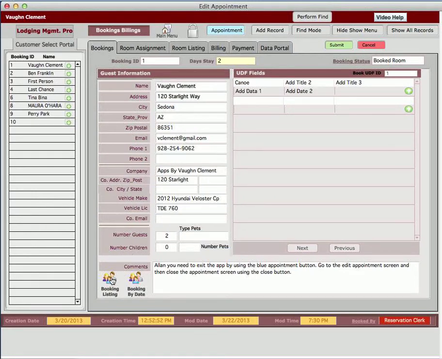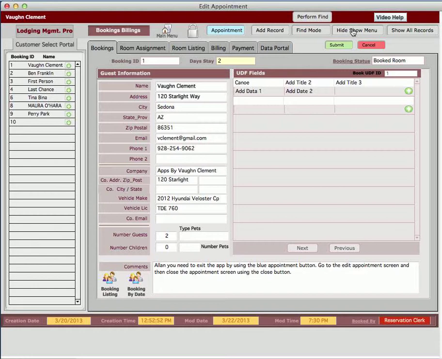There's also a booking listing that we came from that you can go to, and there's also another booking by date that shows all the bookings in date order in case you wanted to print them out to have a readout of those listings. We'll cover that later on also. There is also a hide show menus, like we said in the beginning of the app on the calendar. This will hide and show the menus on a small screen like on the iPad or the iPhone to give